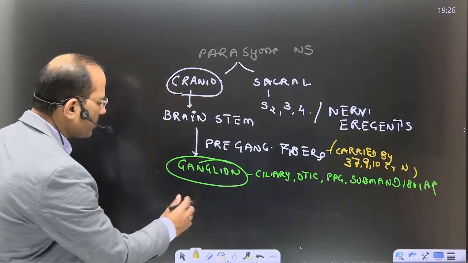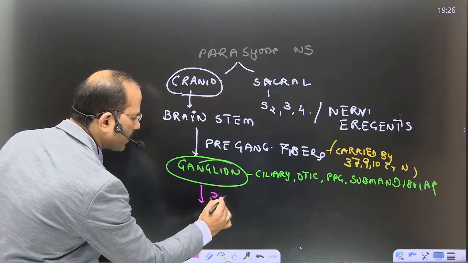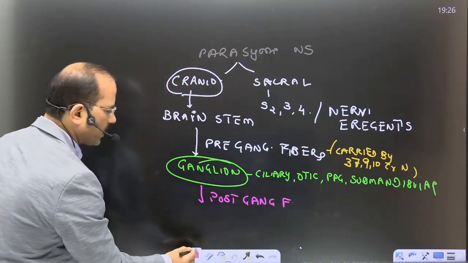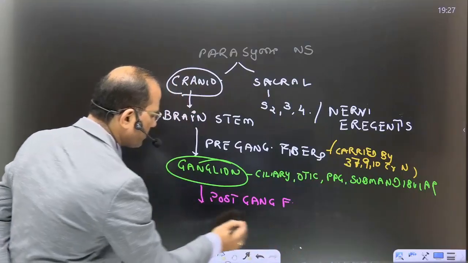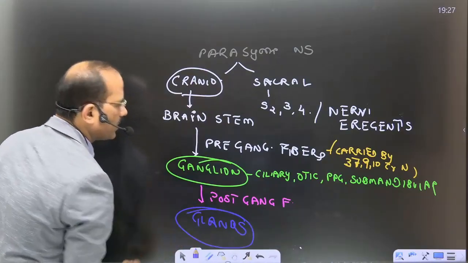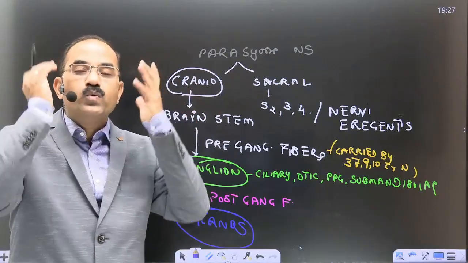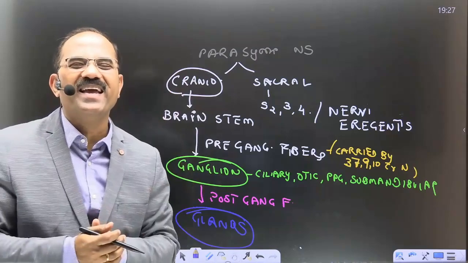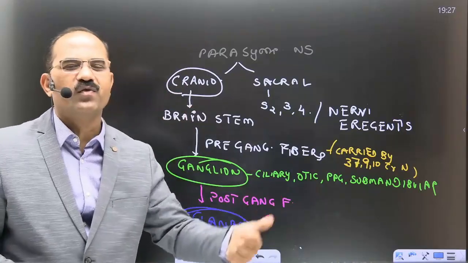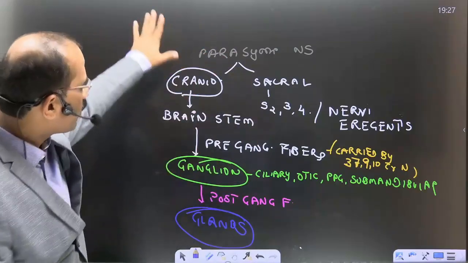Now, what will begin from this ganglion? Students, what will begin from this ganglion are the postganglionic fibers. And what are these postganglionic fibers going to supply? They supply the glands. Are you able to follow this? In other words, who's going to supply the glands of the head and neck? The parasympathetic nervous system. Which outflow? Cranial outflow. So all the glands in the head and neck would be supplied by the cranial outflow of the